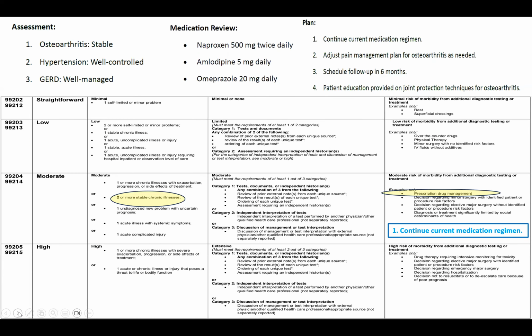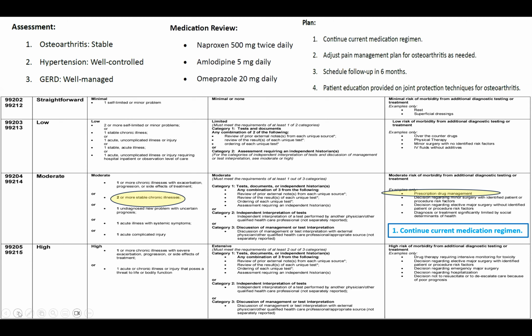So let's take a look at how we would code this record. We do have 2 or more stable chronic illnesses: osteoarthritis, hypertension, and GERD. All 3 are chronic, so we certainly have more than enough. We don't reach high, so we got moderate in the number of diagnoses.